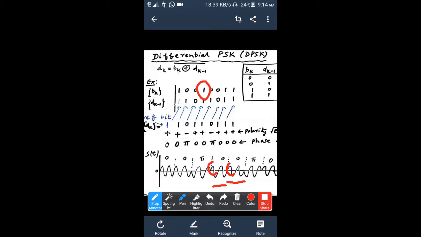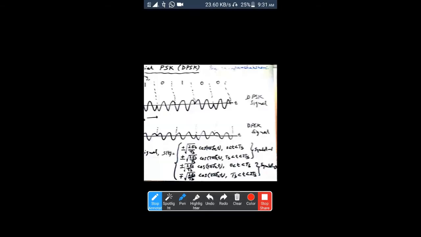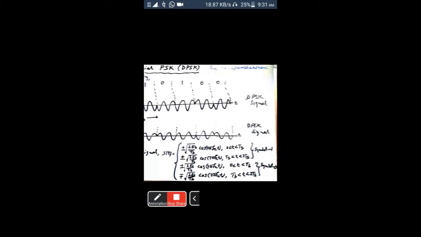So likewise, if you observe the DPSK waveform, every waveform is following some method. What is that? If the present waveform, that means one duration 0 to TB, is exactly the same as the previous waveform, the bit was 1. If they are opposite, the bit is 0. This pattern is followed. This is how to understand the DPSK waveform. So using this technique, we can easily get the information.